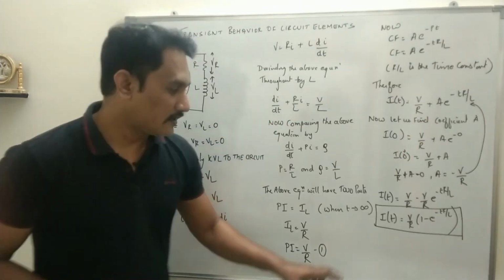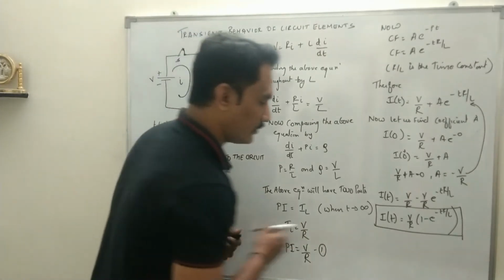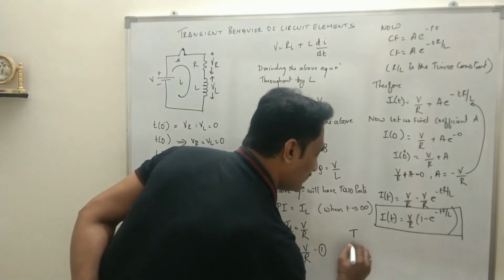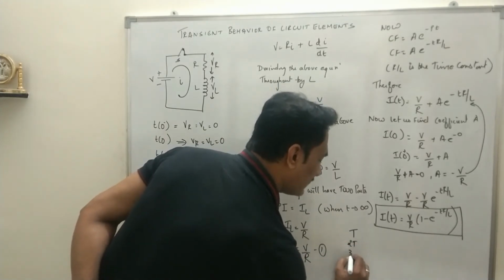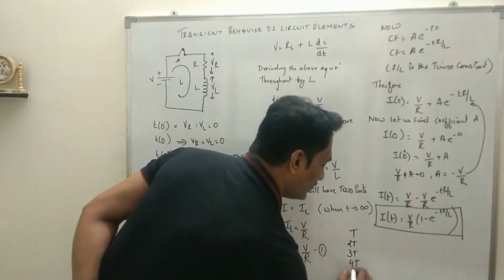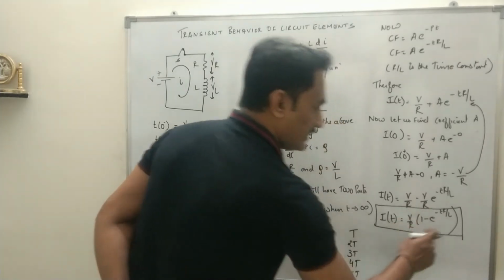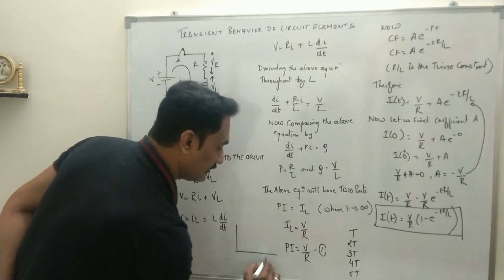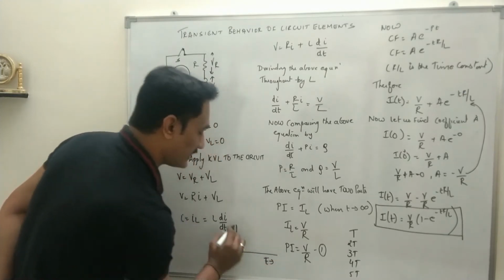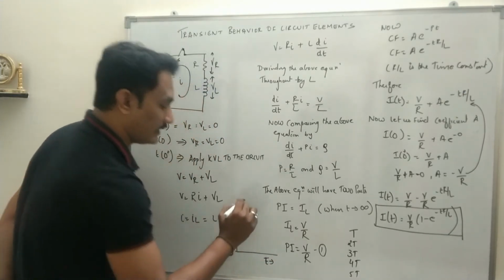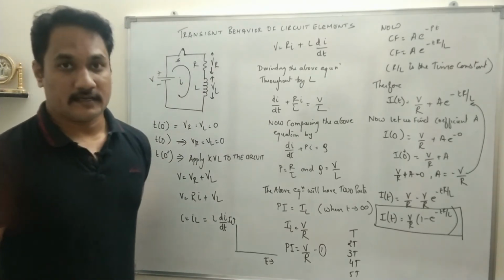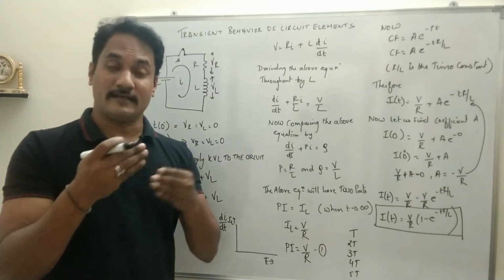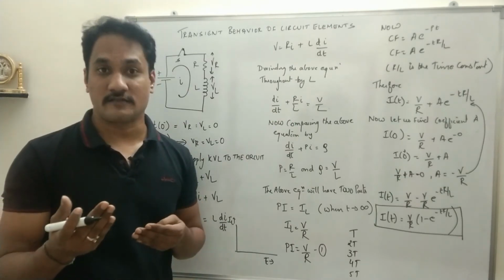Now having got this equation, what we will do is try to understand the behavior of the circuit at time t, at 2t, at 3t, 4t and 5t. In this case, we will draw a graph between time t on the x-axis and current through the inductor on the y-axis, right? As I said, current will flow through the inductor, a magnetic field will be produced, and that is how the voltage will be increasing across the inductor.